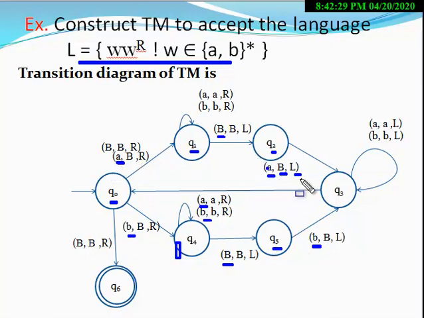You have to match from this, right? First symbol, last symbol, first symbol, last symbol. So at the state Q5, the machine moves to the Q3 state when tape symbol small b appears, and also the head of the machine moves in the left direction. At the Q3 state, when tape symbol capital B appears, the machine goes to the initial state.